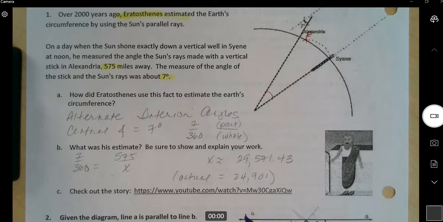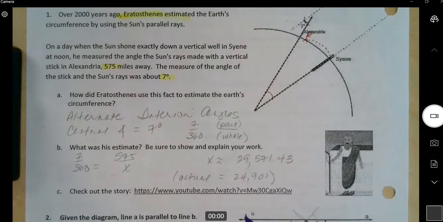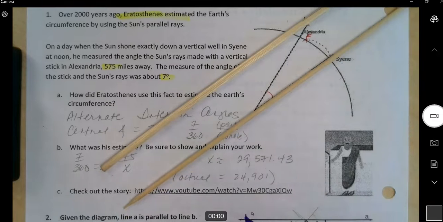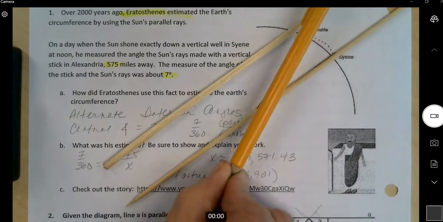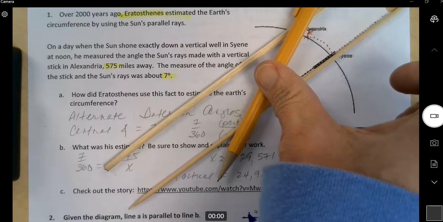So we measured the degree. And the degree here is the same as the degree there. Yep. So that's the really killer part that we need to see. Go ahead and on your picture, if you need to use the color pencils, here are the parallel lines. Check it out. Here are the parallel lines of the sun coming in. And he measured that 7-degree difference, and he calculated how that has to do with what portion of the Earth